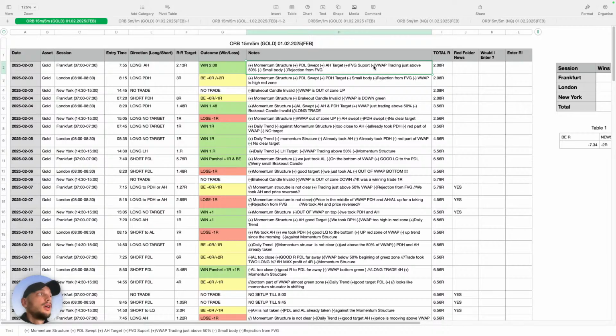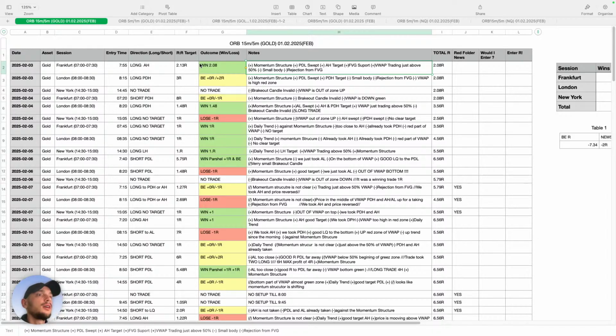You see, this is a backtesting sheet which I have been evolving through time, and it still evolves to the point it's at now, and will keep evolving until I make the perfect backtest results, and until I see which trades are good and which trades I should avoid, which setups I should take, which setups I should avoid.